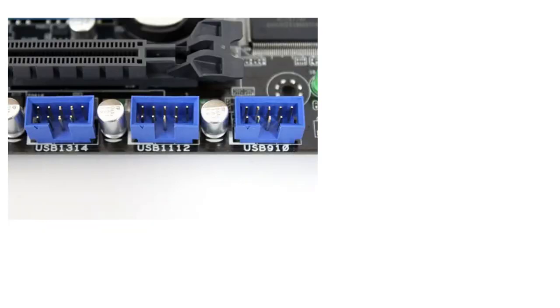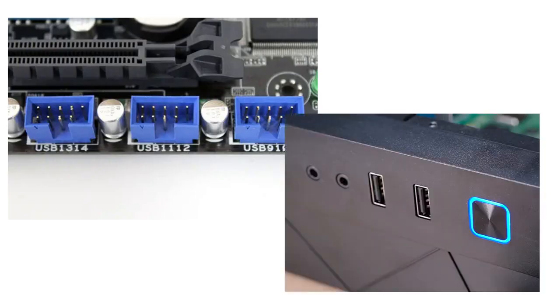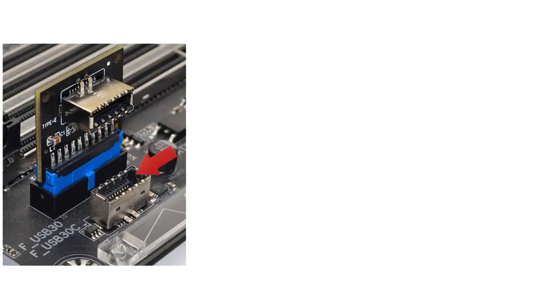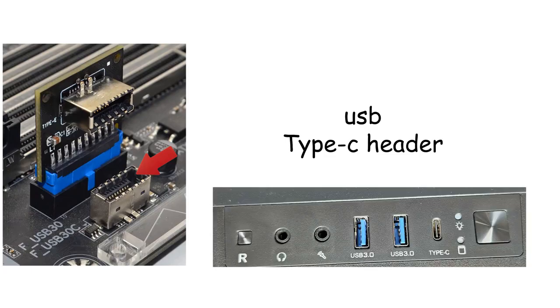Near this area, you will also see larger internal connectors labeled USB headers. These are used to connect the front USB ports of your computer case so you can plug in devices like flash drives or peripherals from the front panel instead of the back of the PC. Some modern motherboards also include a special connector called a front USB-C header. This allows the USB-C port on the front of the case to connect directly to the motherboard and support high-speed